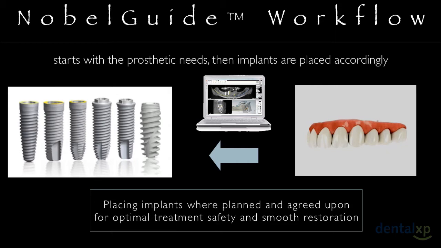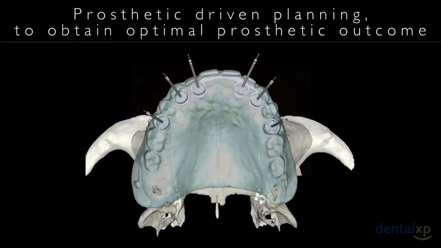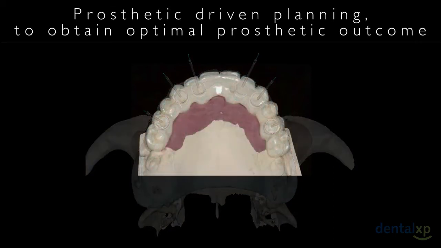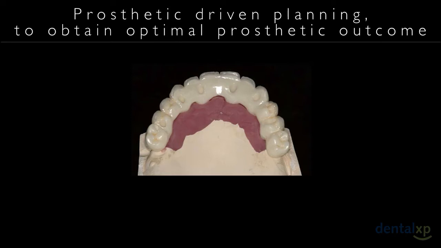Use 3-dimensional software and acquisitions from cone beam CTs so we can understand where we need to place those implants to have an ideal outcome. Because especially today, with new restorative materials, those implant positions have to be precise so that we can have the